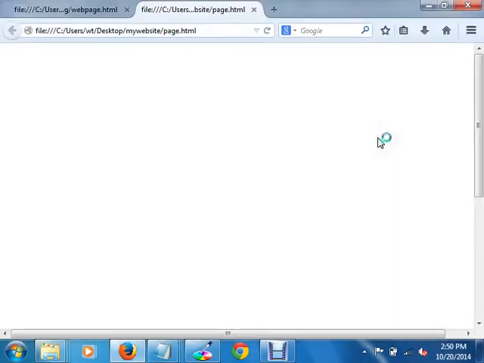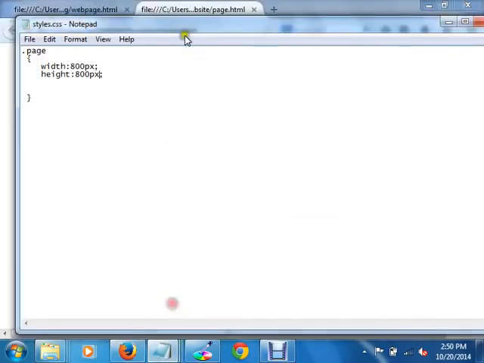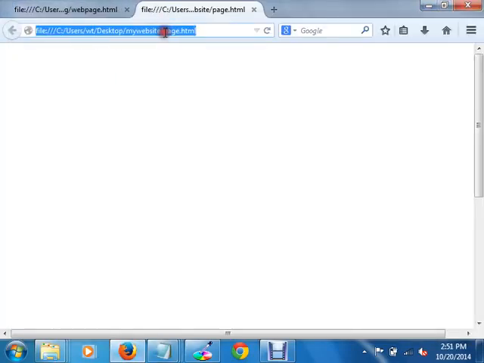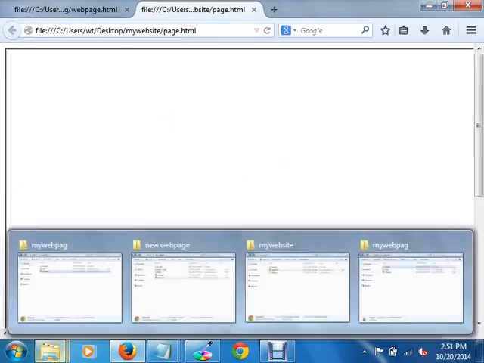So actually the division is created but it is not displaying. Why? Because we have not placed any content inside that division. So if you give a border to that, then even though there is no content, it will just display a border to you. So to see whether that division is created successfully or not, I am using a border here. So border hyphen style. So a division is created. That it is displaying a border for us.